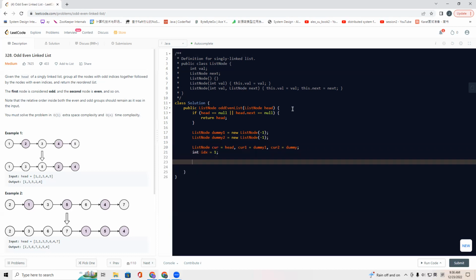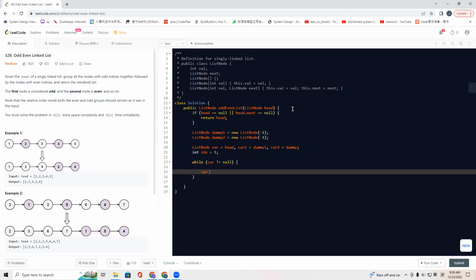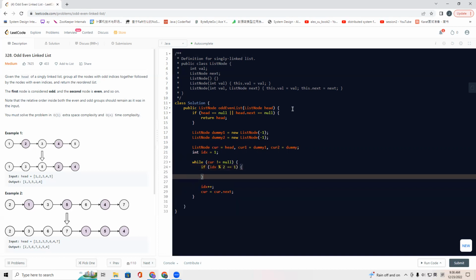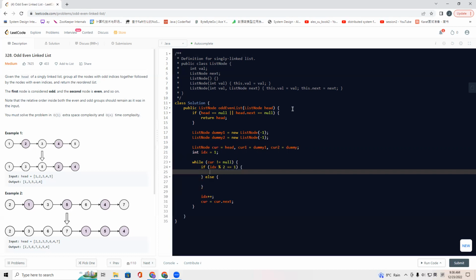Then let's say while parent does not equal null, parent equals parent next, and also we have the index increment. And let's say if this idx mod 2 equals 1, else